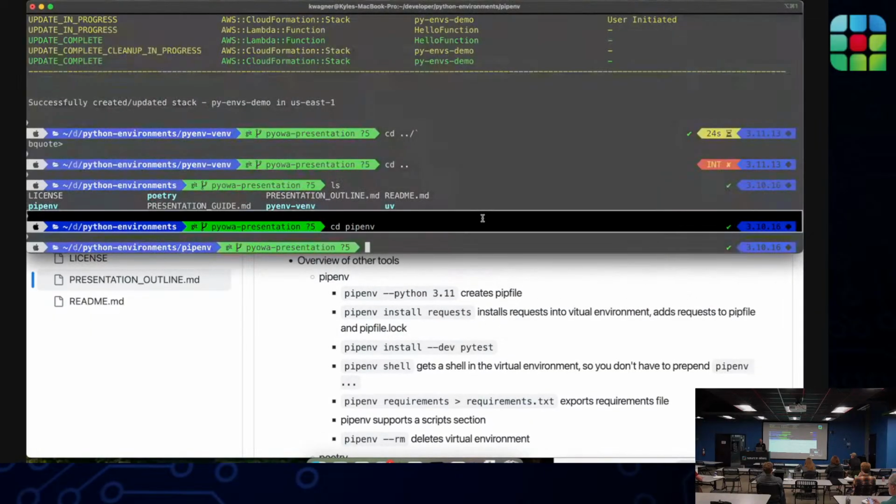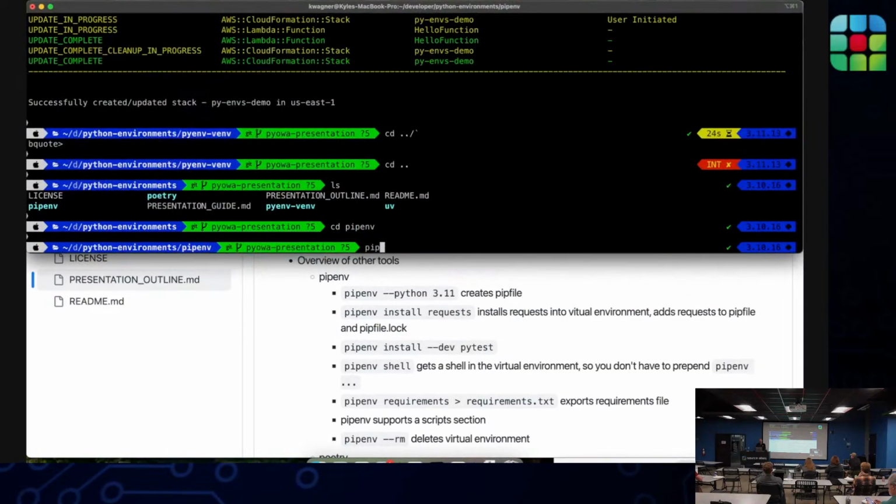So pip env, this will initialize the project essentially.